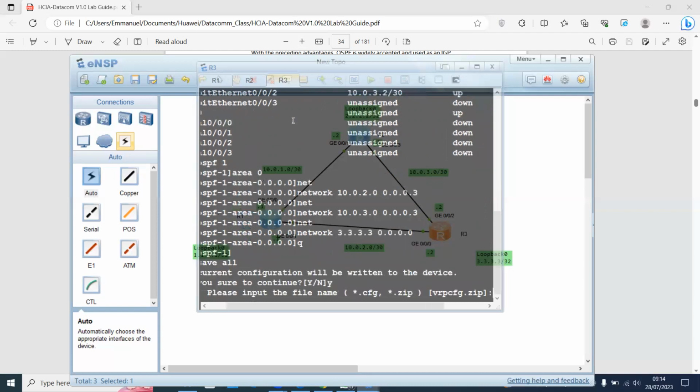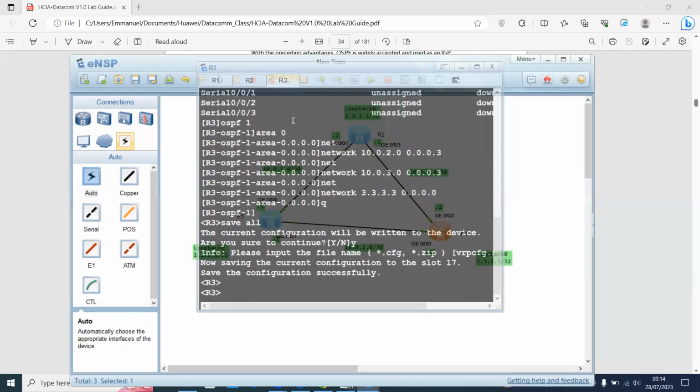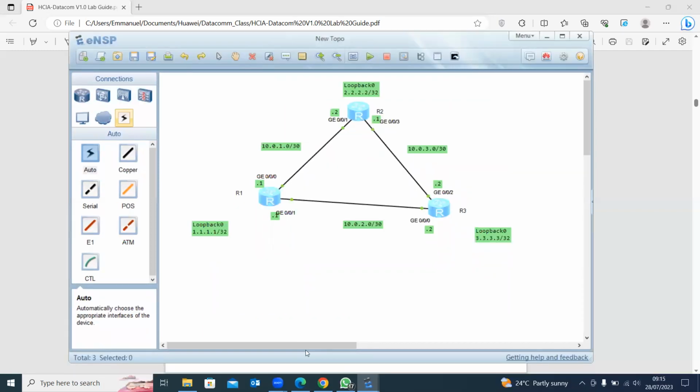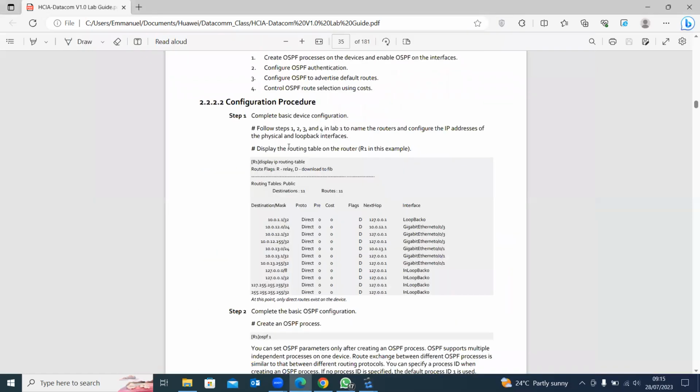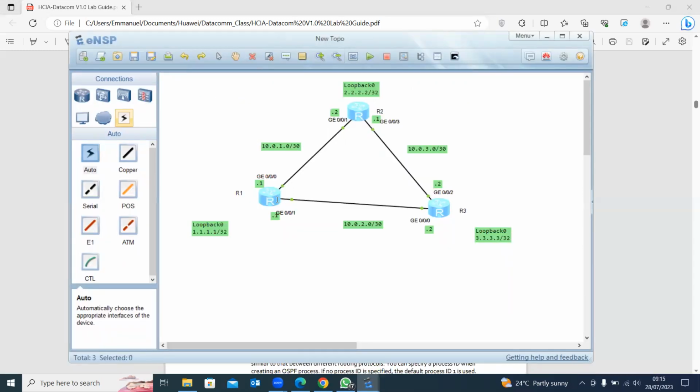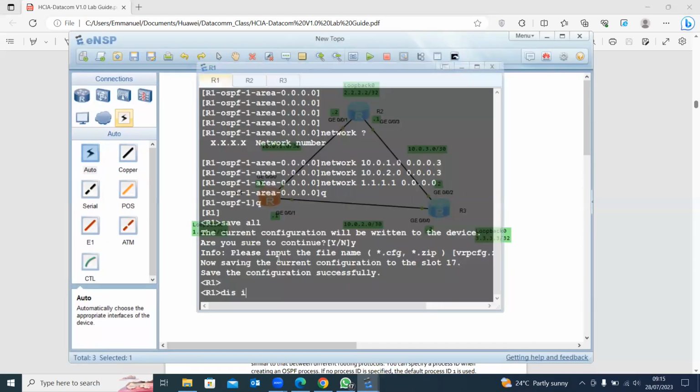What next? Checking the OSPF peer status. Okay, let's go to the guide. So they're telling us display routing table. Initially, when you display the routing table before configuring OSPF, this is how it appears. Now let's check how it appears after configuring OSPF. Can you see the OSPF routes in there? Let's say display IP routing